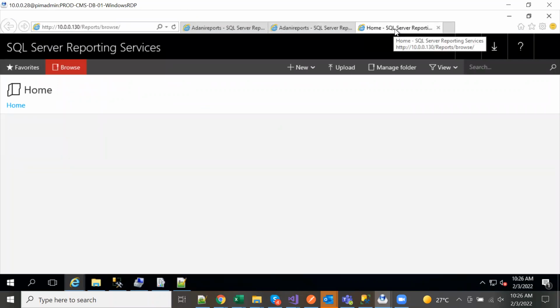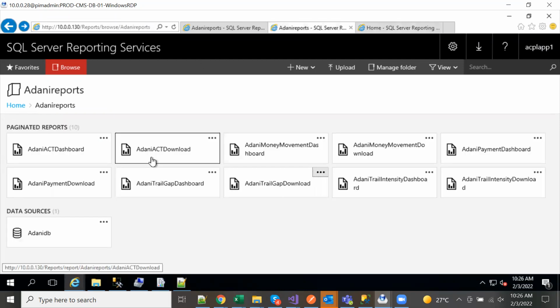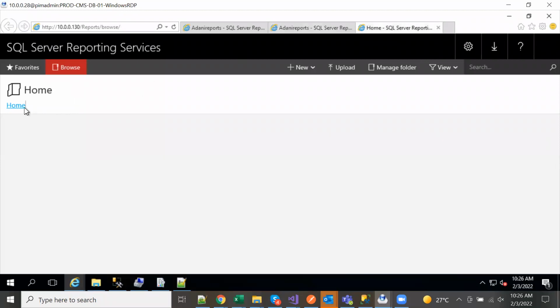For the first time, it would ask for the user ID and password. It will pop up just like it does for a Windows system, right? And once you give the user ID and password, it will give you options to actually open up this folder structure. Why is it taking time? Yeah, it's taking time. That's it.